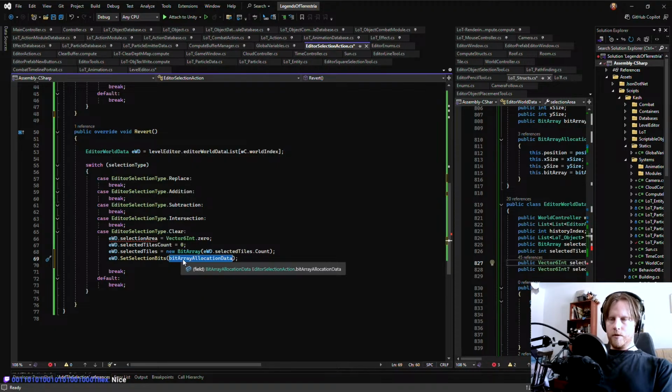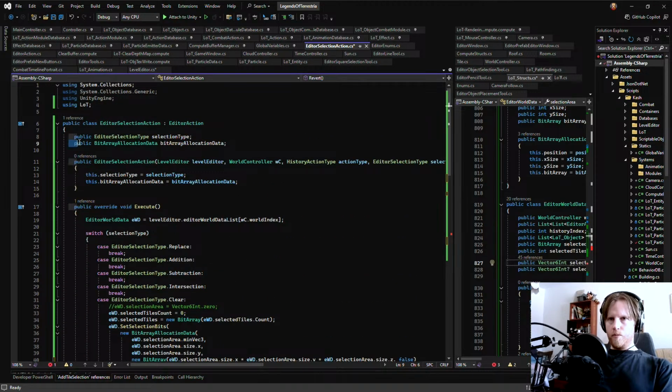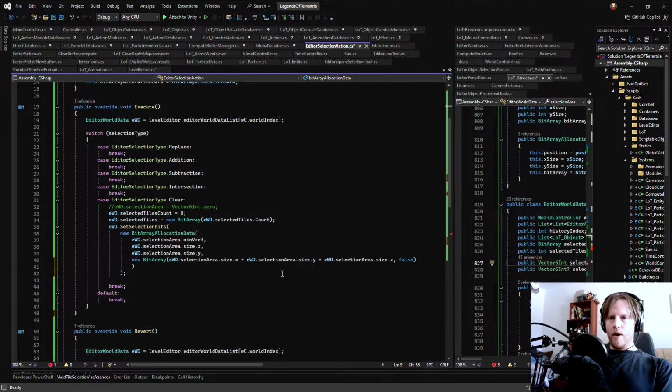It contains the position, like the global position, and then it creates local positions based on its size. And this should be whatever trimmed area we were using there.